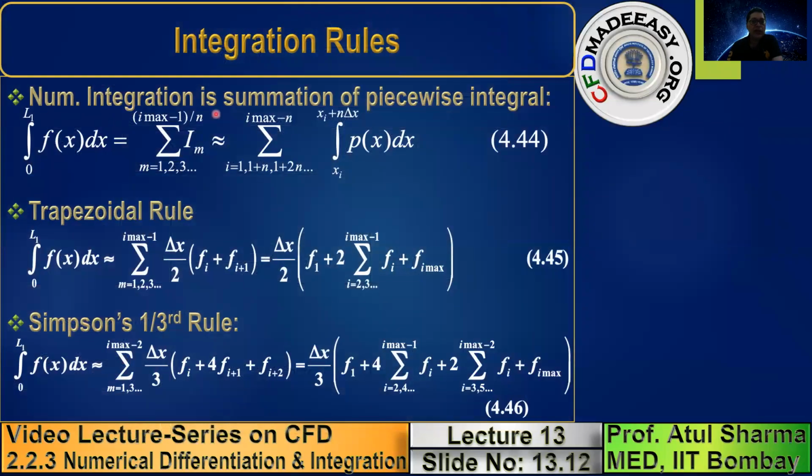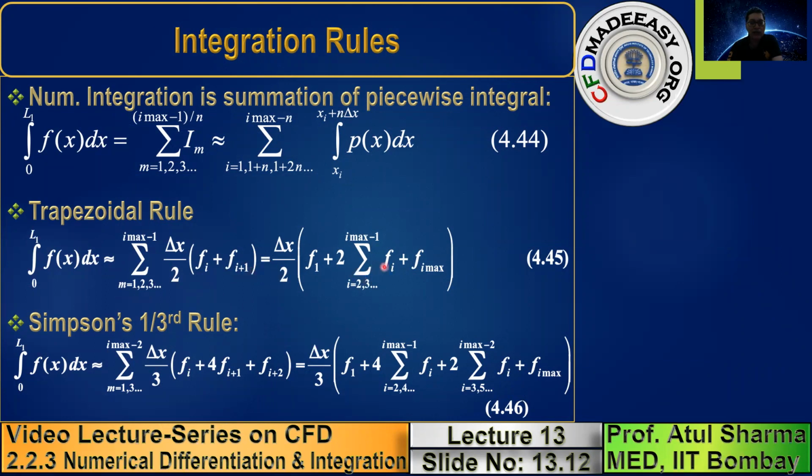So numerical integration is summation of the piecewise integral, as I mentioned. So a piece is made up of 2 points in the trapezoidal rule, whereas it is made of 3 points in Simpson's 1/3 rule. And in the trapezoidal rule, I had shown you this formula for one subinterval. But if you sum it up over all the intervals, when you apply it for 1, it is f1 plus f2 by 2. When you apply for 2, it is f2 plus f3 by 2. So that way,